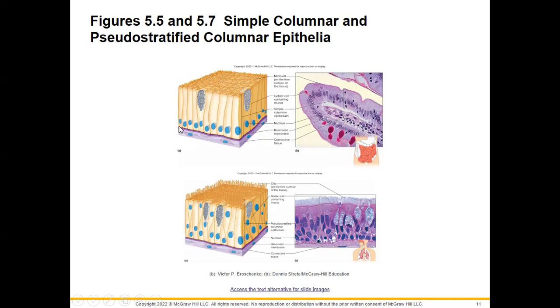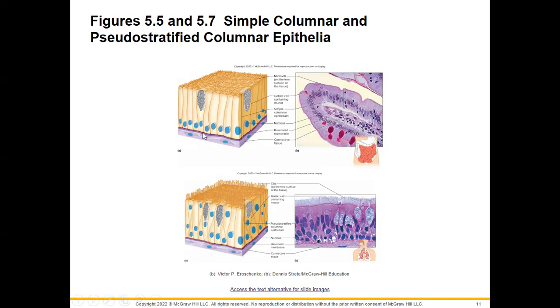On the other end, these cells are connected to a basement membrane. So this side is free, this side is connected to a basement membrane. Those are two